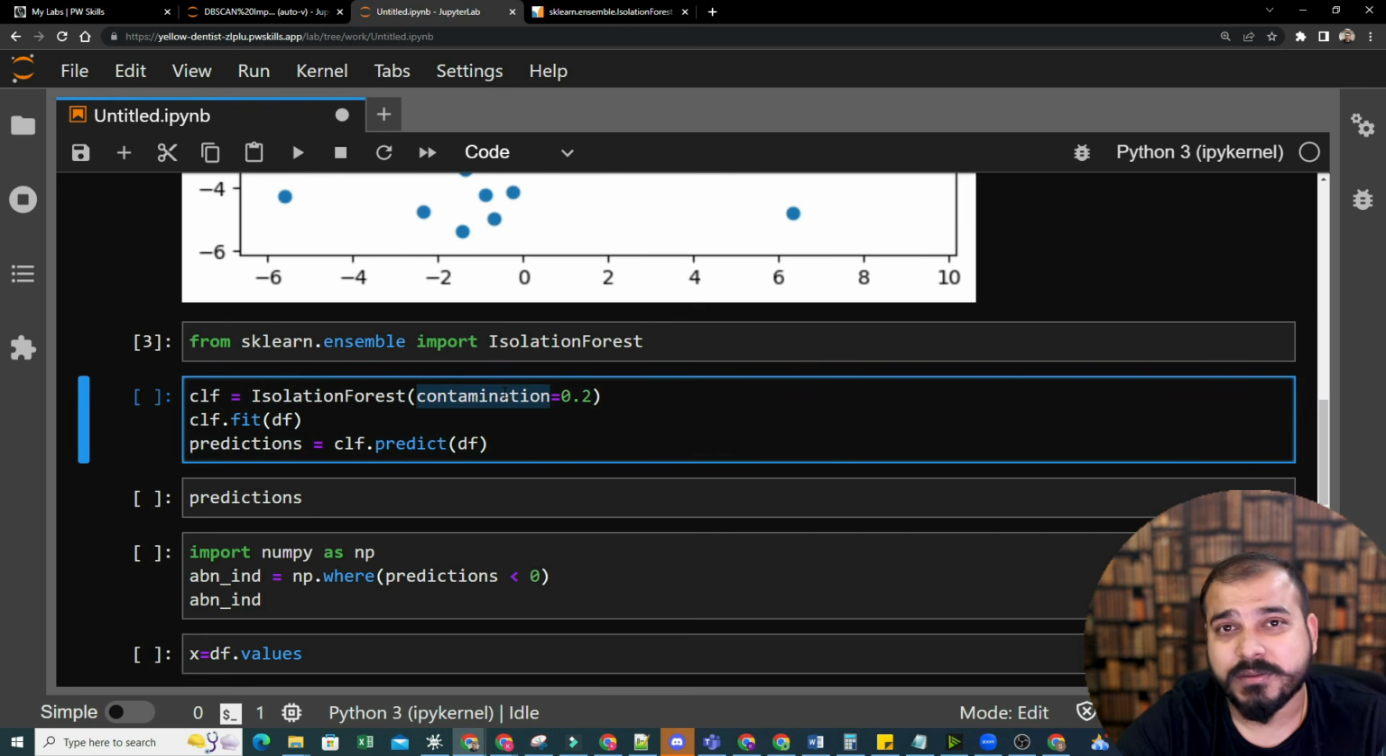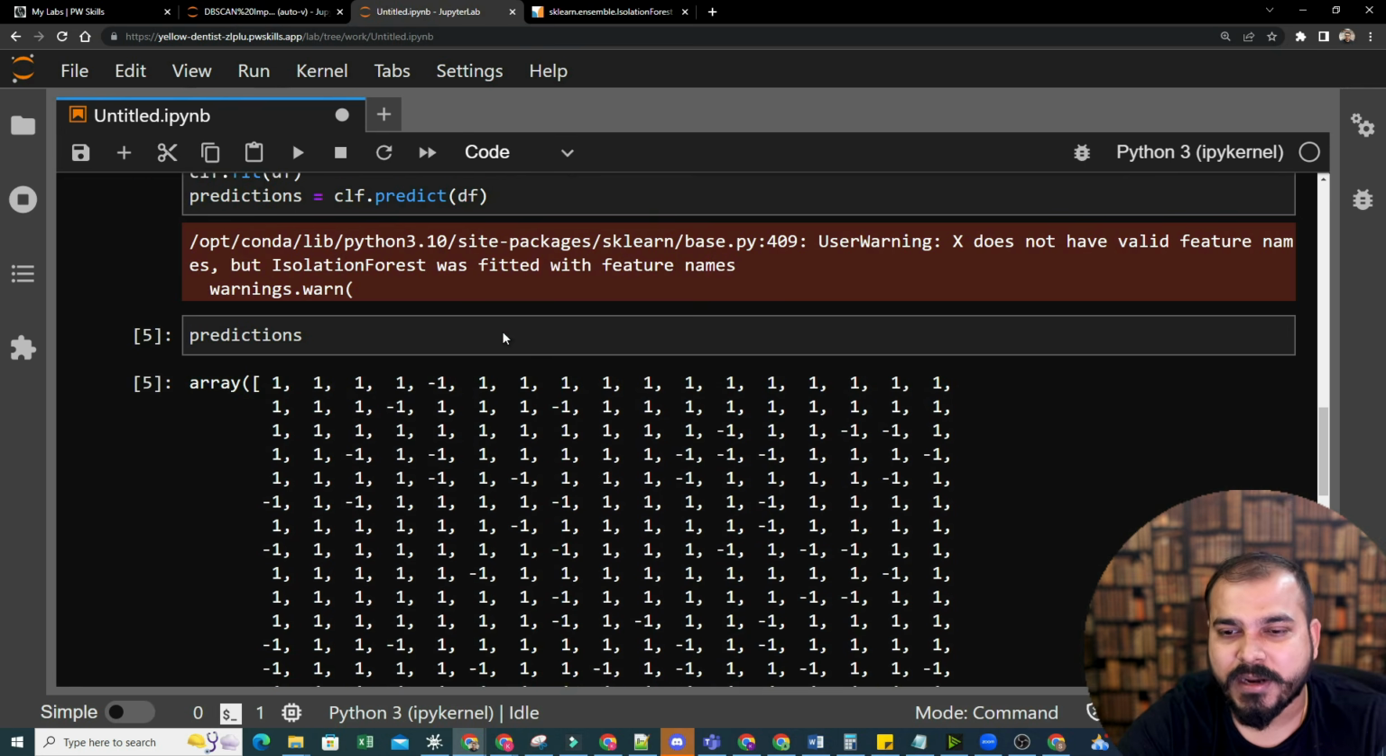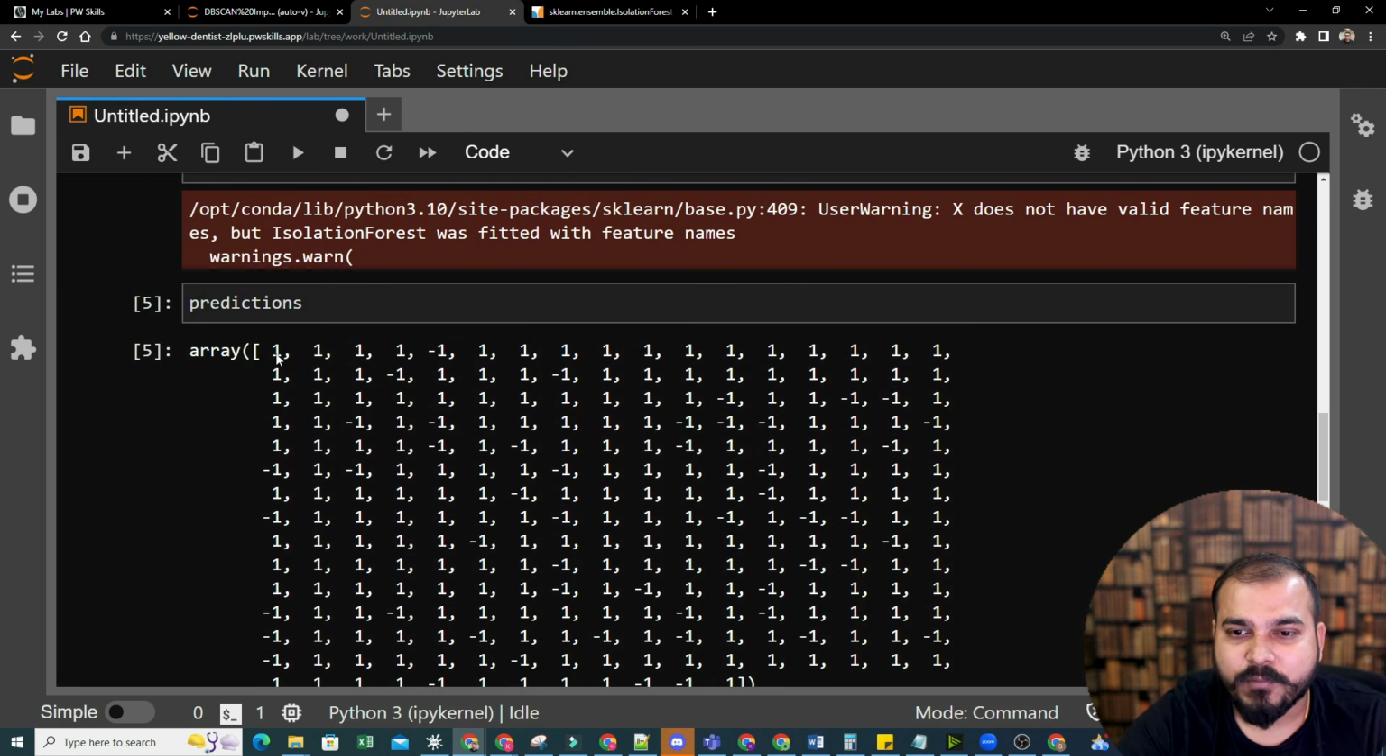Understand, this is unsupervised machine learning. Anomaly detection is completely based on unsupervised learning. Here I've written contamination as 0.2, so anything above 0.2, I will consider an outlier. Then cl.fit of df and cl.predict, and this way I will be able to get my prediction. Some warning will be there, don't worry about that. Here you can see wherever I'm getting the value 1, these are normal data points. Wherever I'm getting the value -1, these are the outliers,